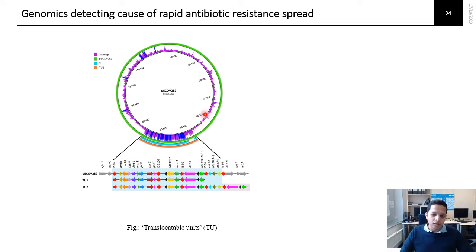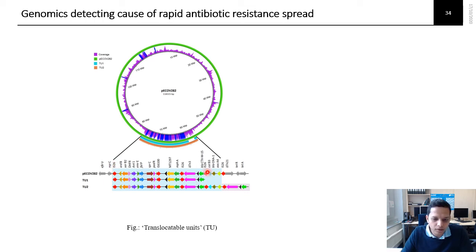This should be consistent technically, but in this case particularly, we observe a larger number of reads in this particular region. When we look more carefully, this region is comprised of IS elements at the ends. You can see the ends are flanked by IS elements, and within these IS elements we have different genes, and these genes were encoding antibiotic resistance.